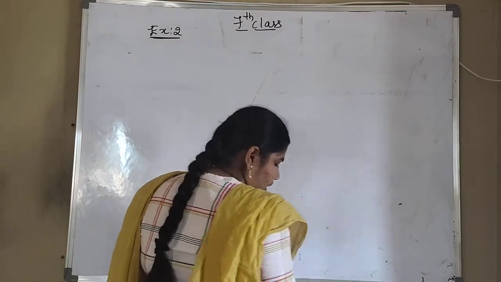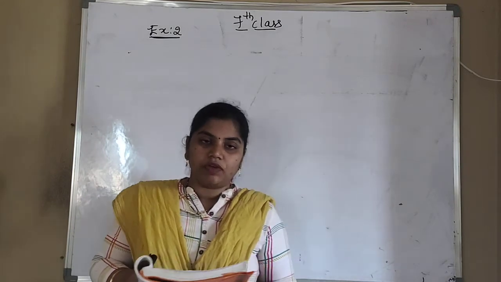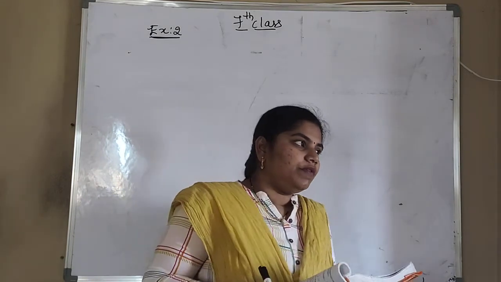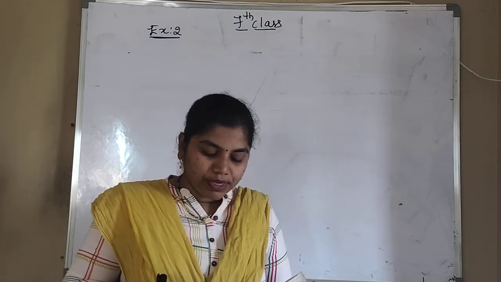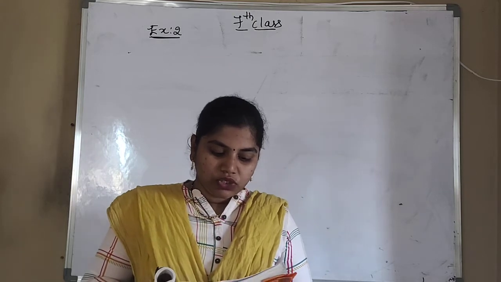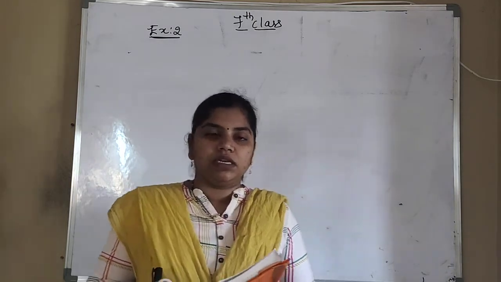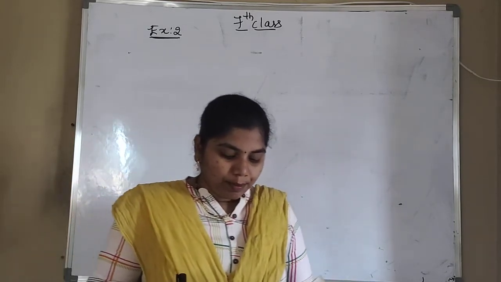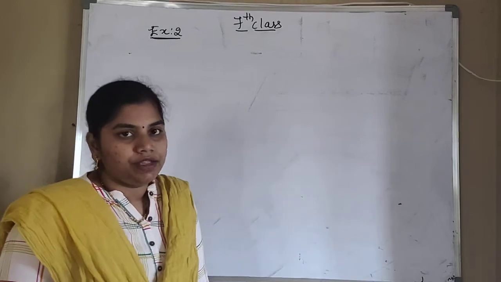So what is the fifth one now? In a parallelogram, the base and height are in ratio 5:2. So what is that? They have given in the form of ratios. The base ratio is 5 and height ratio is 2. If the area of a parallelogram is 360 meter square, find the base and height value. So we have to find the base value and height value here.